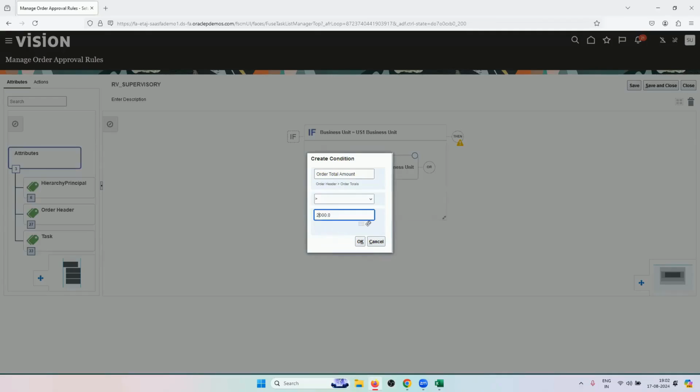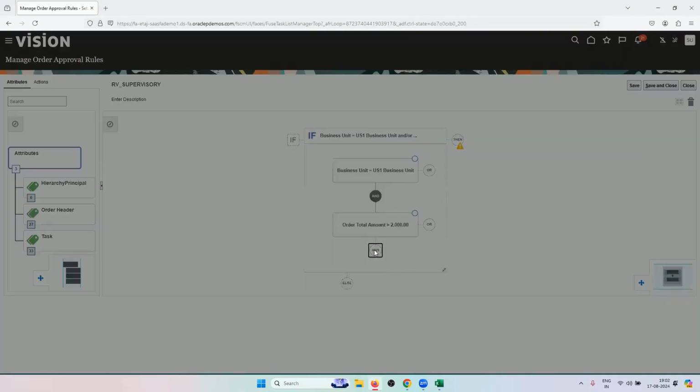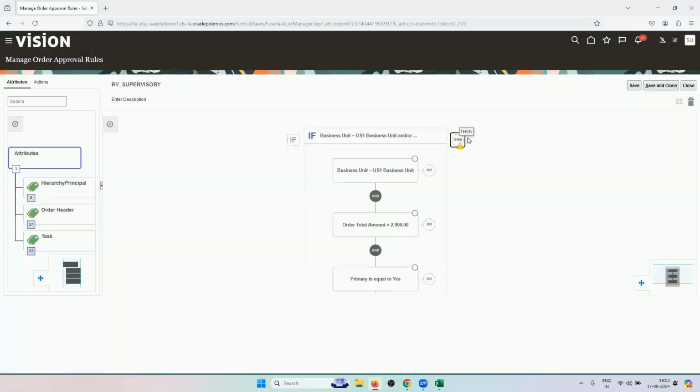Let's make it 2,000. If the amount is more than 2,000 and primary is yes, then do